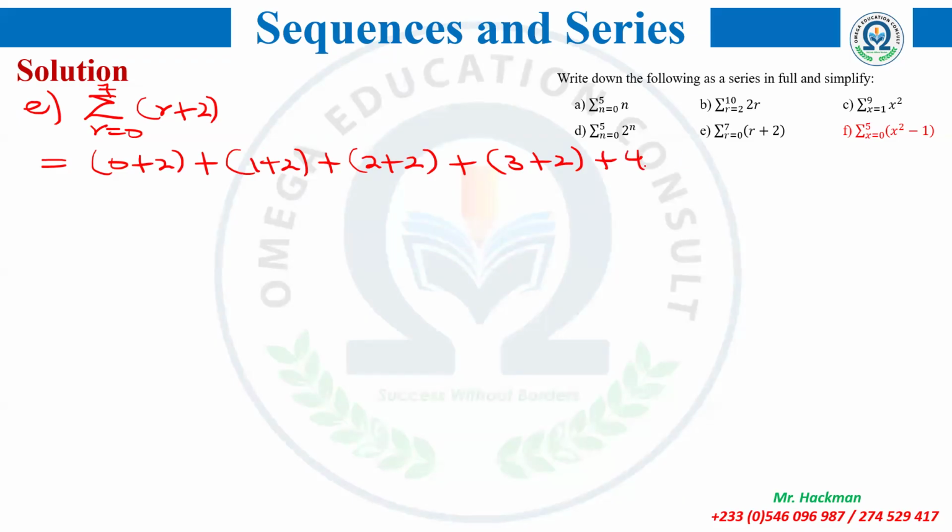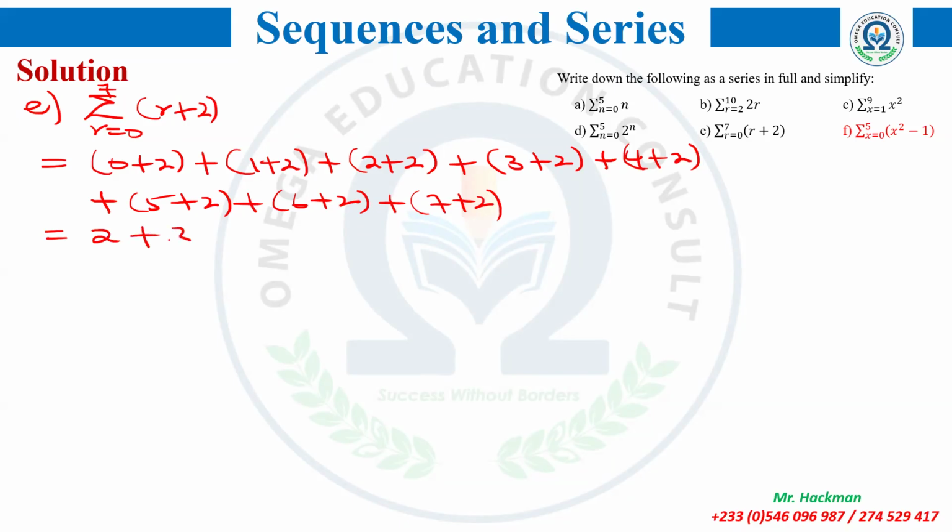So I just want something to come out. This will give you 4 plus 3. Assuming maybe you exhausted the line and you want to come down, you know what to do. Equal to will not be there, so it will be plus. Then the next one will be 5 plus 2, then plus 6 plus 2, then plus the last term, which will be 7 plus 2. As you add, the brackets will go. So this will give you 2 plus 3 plus 4 plus 5 plus 6 plus 7 plus 8 plus 9,